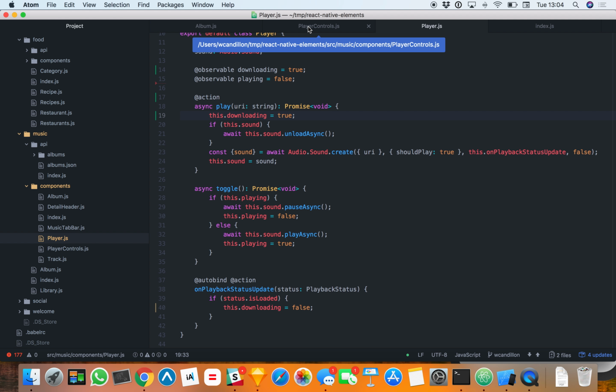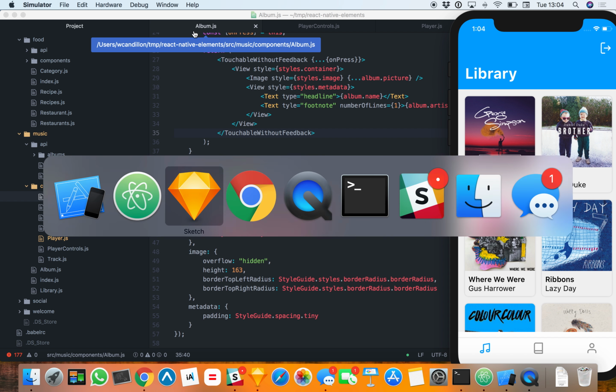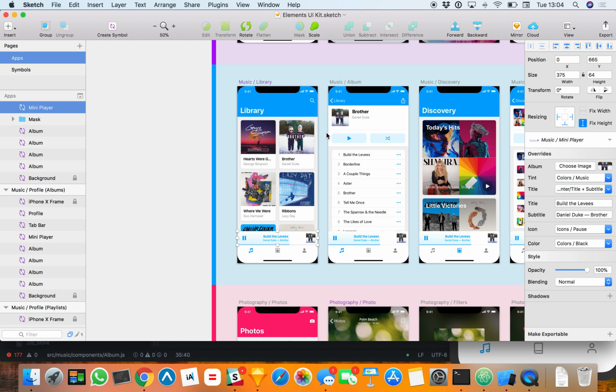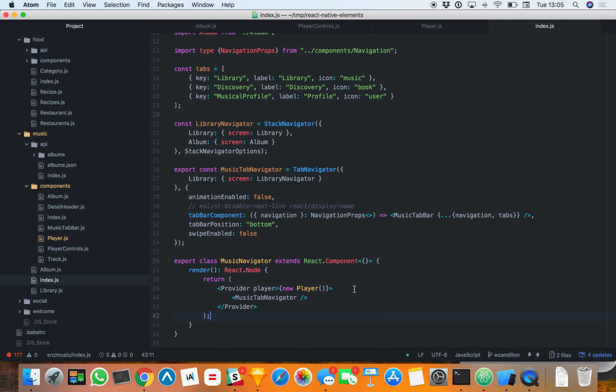It's an extremely convenient paradigm to implement exactly this kind of structure where from one screen I want to control the state of another component, which is horizontal to all of my screens. So if we have a look quickly, you see I wrap my music tab navigator